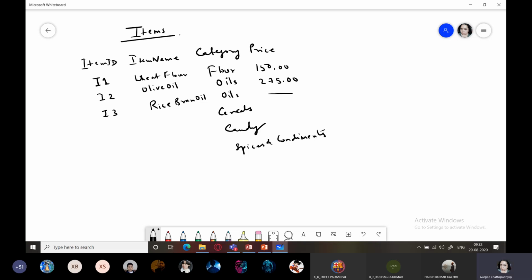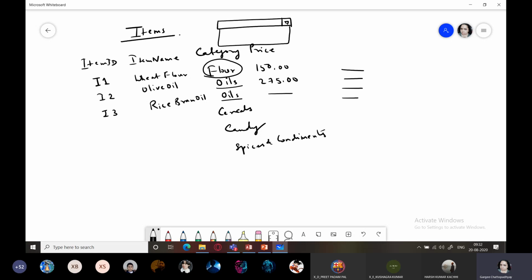So what I am going to do is, instead of letting the user type these values, because these are some categories and categories are only fixed in number, right? We are going to give the user something like a drop down menu.